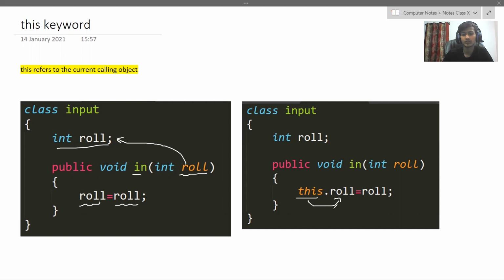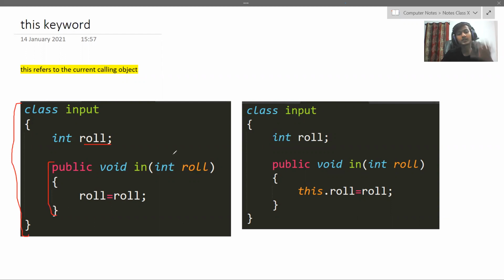Clear? So here what will happen? This function variable, the variable of the function in this case, is this one, and this role is of the object, so it goes into the object. And I think I told you the opposite in the last slide, so sorry for that. An object will be the copy of the class. An object will have the same structure as this class. Therefore, the object will have the same data members and the same member methods as this class.